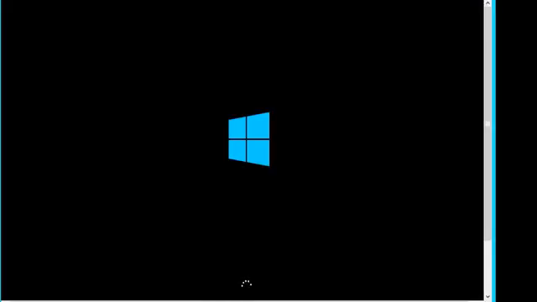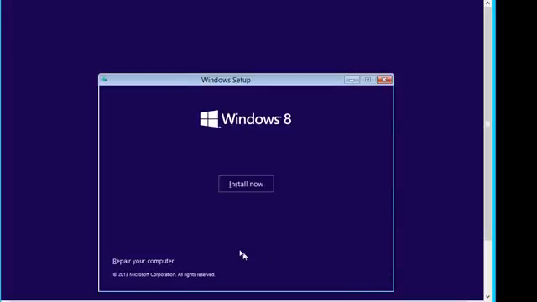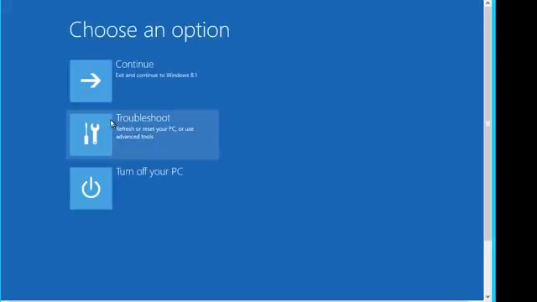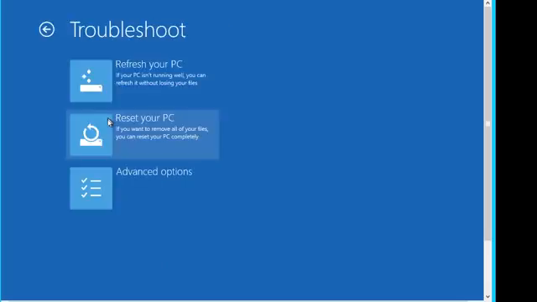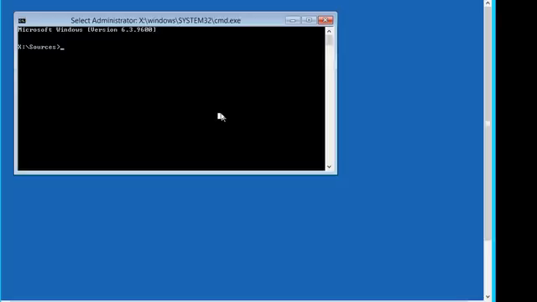Like I said, I've used this on Windows 8 when they're not using a UEFI. I've used it here on Windows 8.1 when clearly I'm not using a UEFI in the virtual machine. Oh, there we go. I have not done it on anything with a TPM. Repair your computer. But we're going to do troubleshoot, advanced options, command prompt. It was the D drive for me, D drive, CD,